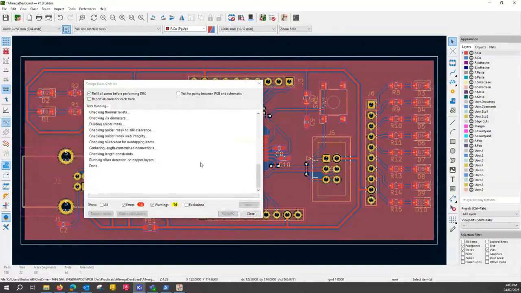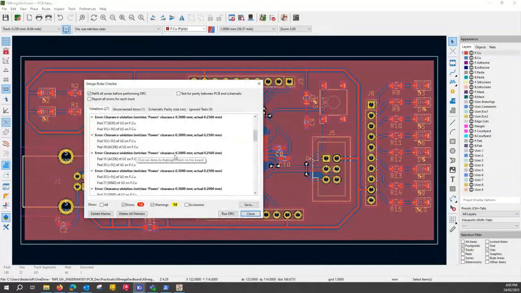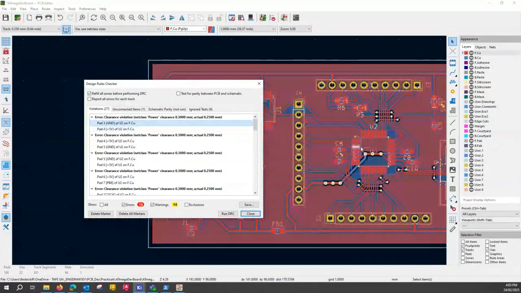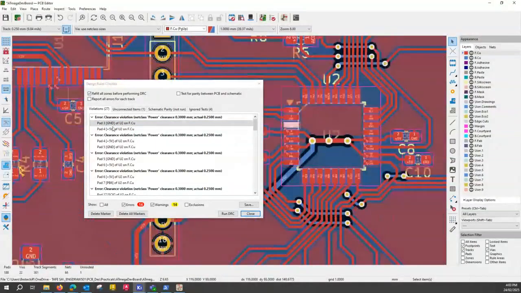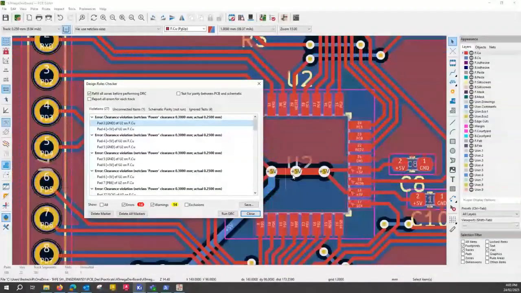And we've got lots of different errors there, 27, which are all the same, and they're all saying clearance violation, net class power clearance 0.3, actual 0.25. Now, if you look at the pads, it's ground plane or ground pad and 5 volts, so it's between the pads. You can see they're highlighted right there, for example, the first pair. I'll just zoom in and show you. This is the first pair, and we've got lots of those violations here and there,